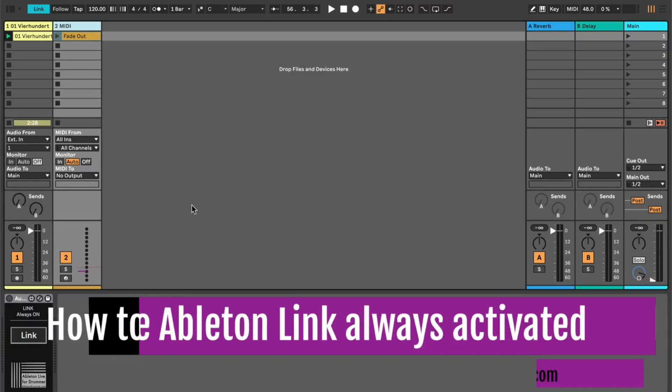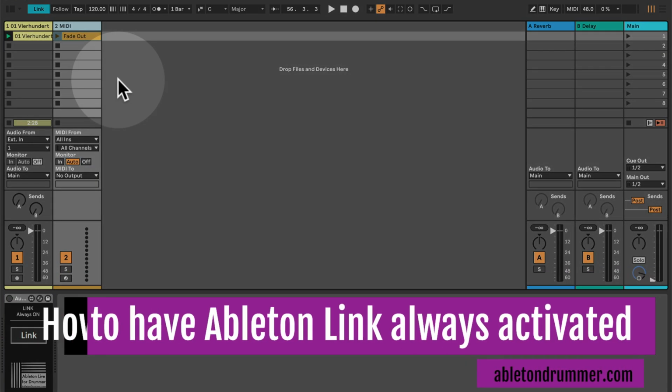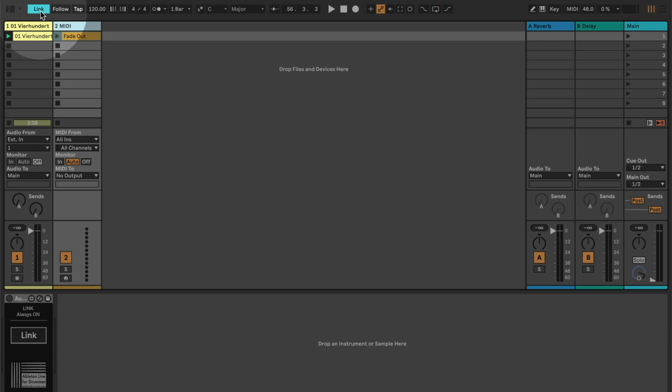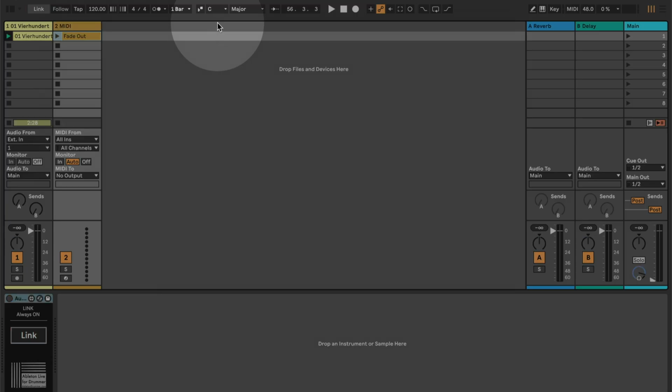How to have Ableton Link always being activated when you're opening up your Ableton Live set. So Ableton Link is great for linking to different apps or computers over the network, and the disadvantage here is sometimes that maybe if you're going to a gig and you're opening up your Ableton Live set, so if we just reopen that one here, you can see Link is being deactivated on startup when you load an Ableton Live